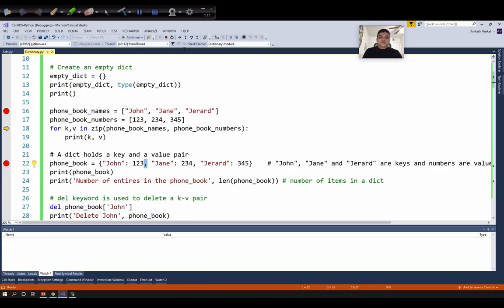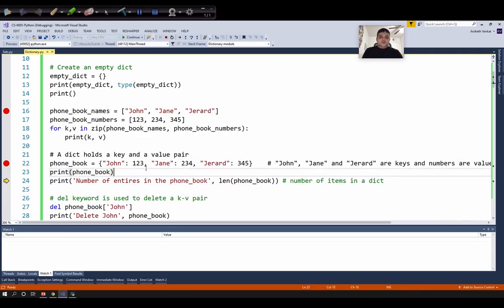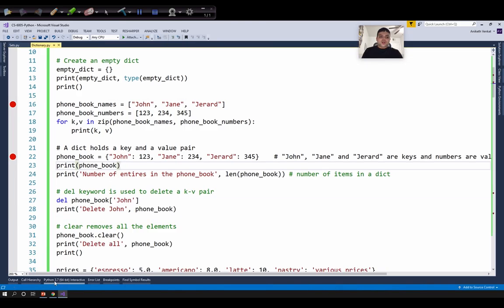Now notice both keys and values are stored in the same data structure, so we don't need to really worry about the ordering of keys and values like with lists. And we can simply print phone_book. This should print all the items or the elements of this dictionary. Now a dictionary is versatile, and